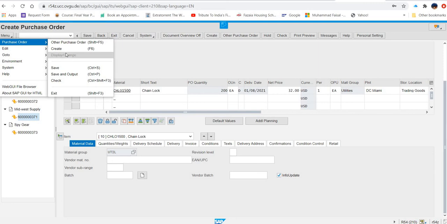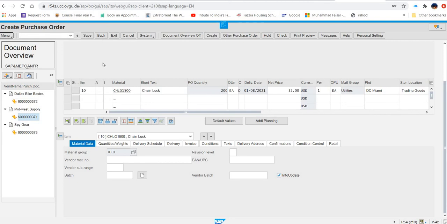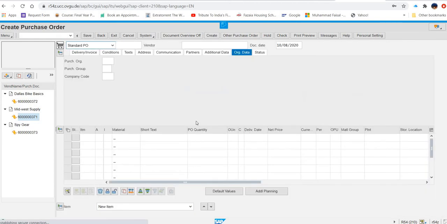And under the purchase order, what are they saying? Save and output. And after selecting this save and output, what next you have to do? You have to click on, after doing this,